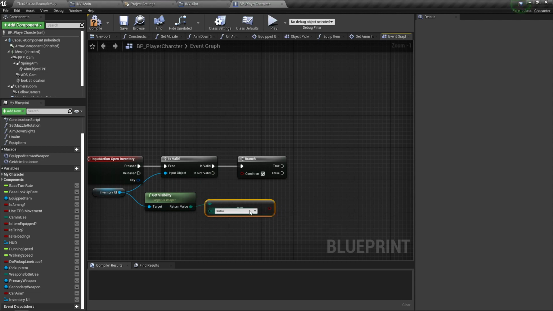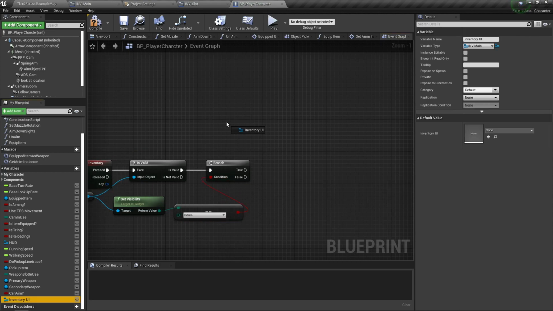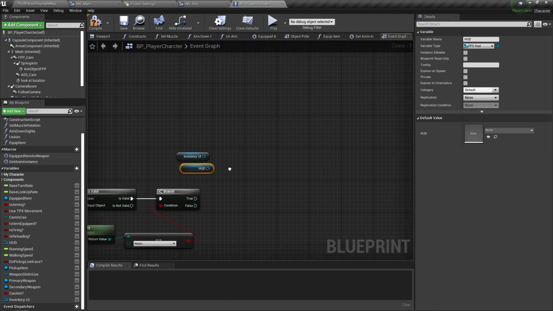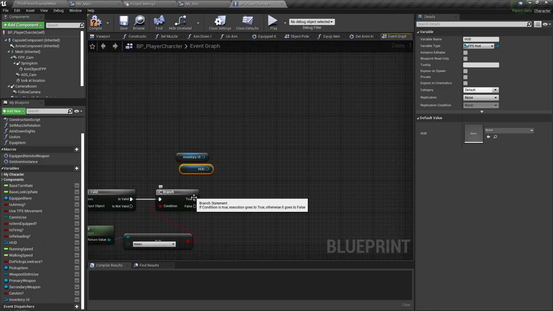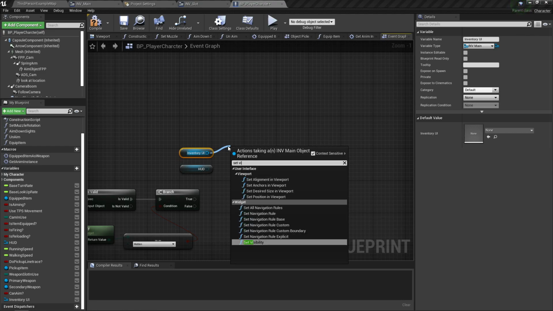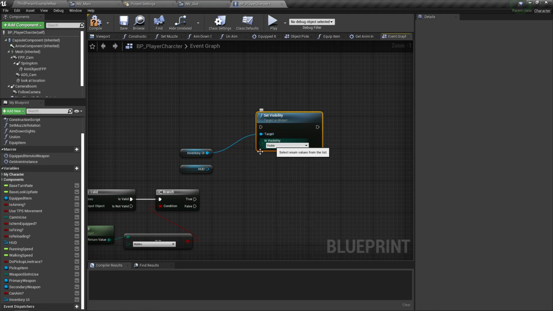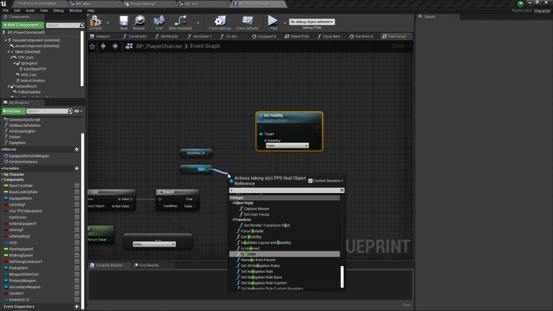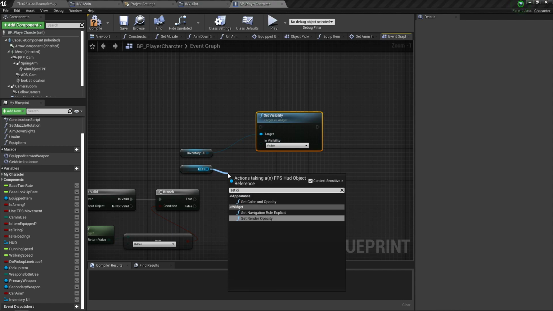And we want to see if it's hidden. I'm going to grab another inventory UI, and we're actually going to want to grab our HUD as well. So if it is hidden, I just want to set the visibility of this to visible, and set the visibility of our HUD